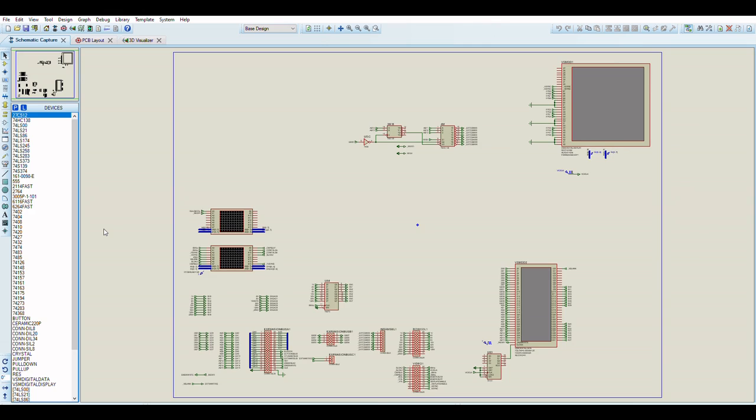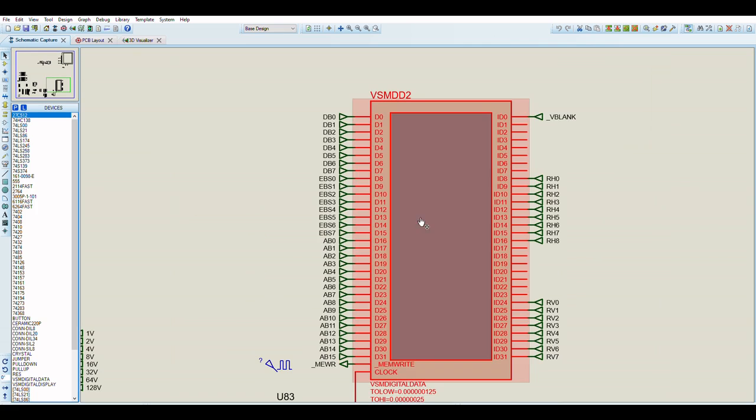So anyway, sheet 1 basically contains all of the logic analyzers. These are the logic analyzers here. They contain the digital data generator. Now if I zoom in on the digital data generator,